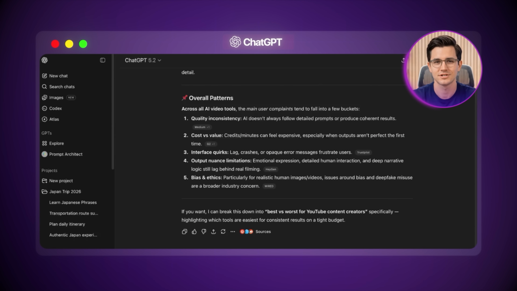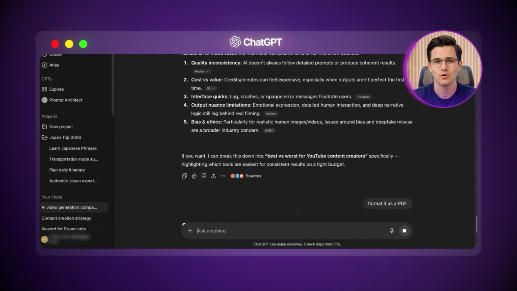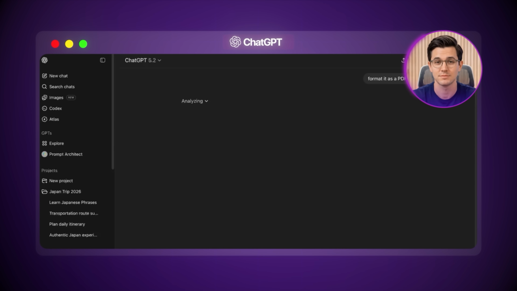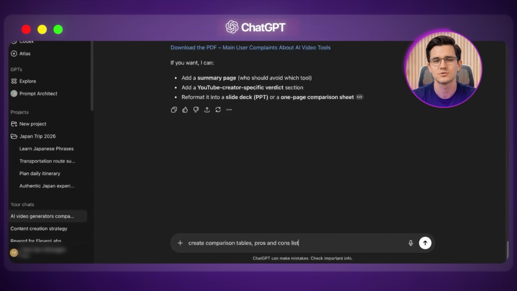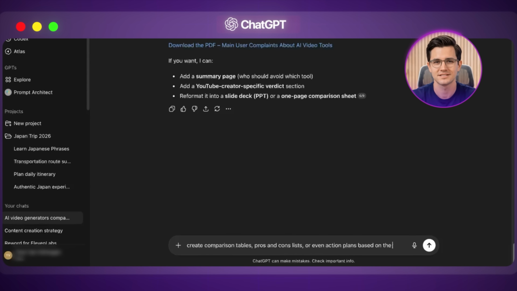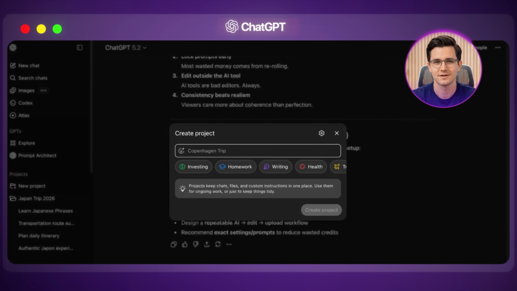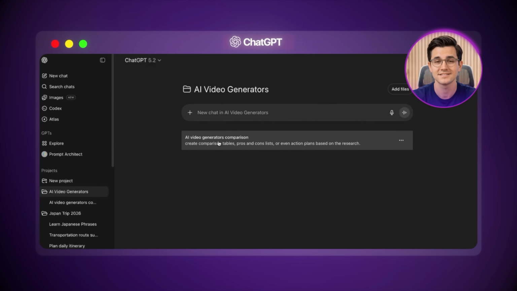And if you want to save this research, you can ask ChatGPT to format it as a PDF or a structured document you can reference later. I do this all the time. I'll have it create comparison tables, pros and cons lists, or even action plans based on the research. Then I save those documents in my project folders so I can come back to them whenever I need to